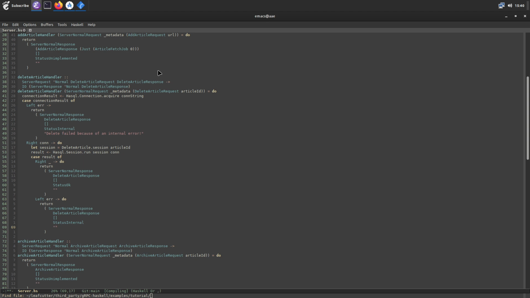So I'll say failed to get a database connection. And really, this logic where I get a connection should be factored out somehow so that it can be held in common. And then here, we're going to just say delete failed because of an internal error. And this left error